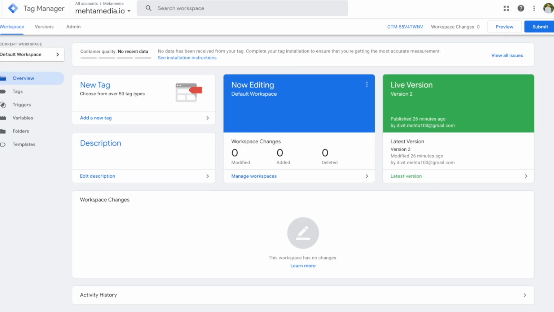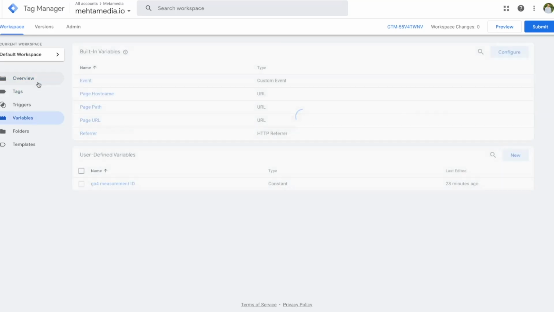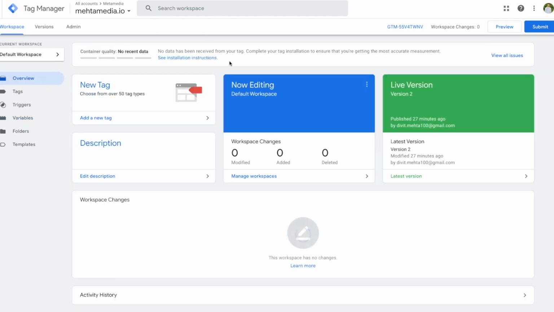My name is David, and in today's video, I'll be giving you a step-by-step guide on how to set up Google Tag Manager. I'll talk about everything you need to know in terms of what Google Tag Manager is, why it's important, the different components of it. Then we'll create a tag from scratch together. I'll even show you how to set up variables, and I'll even go through the different functions and features in